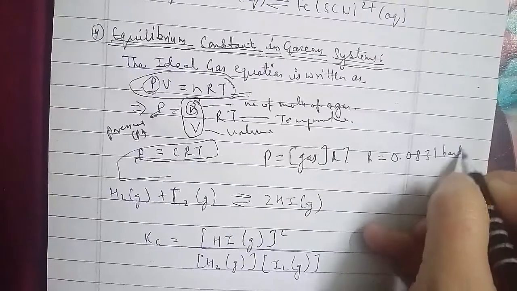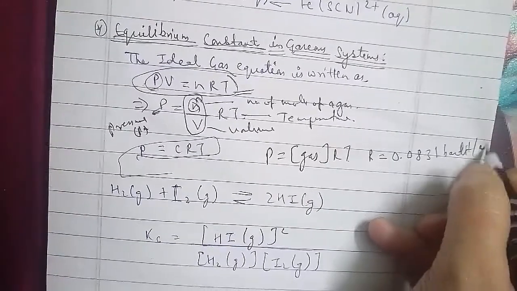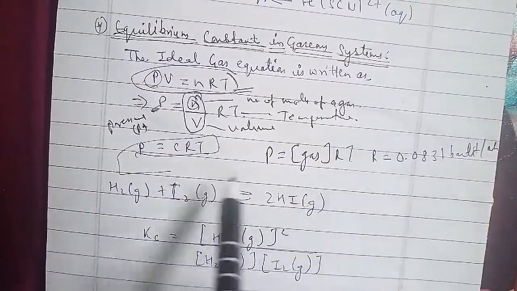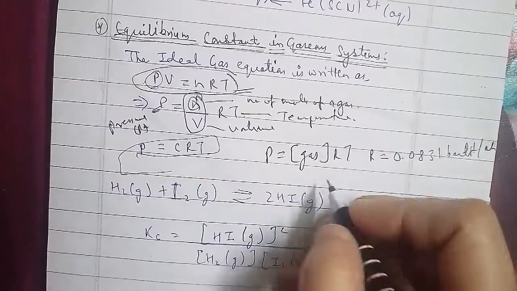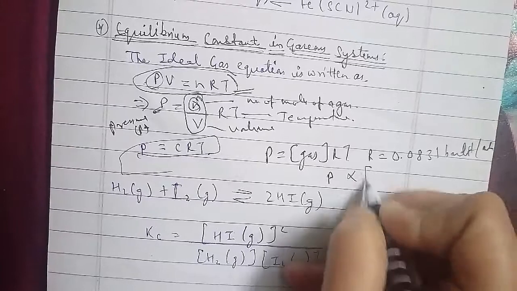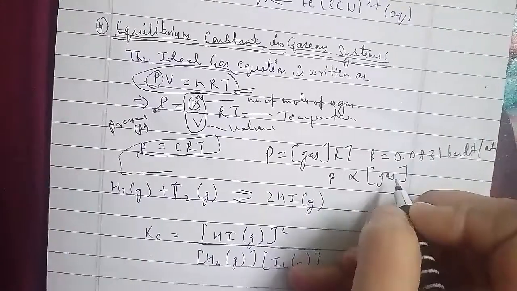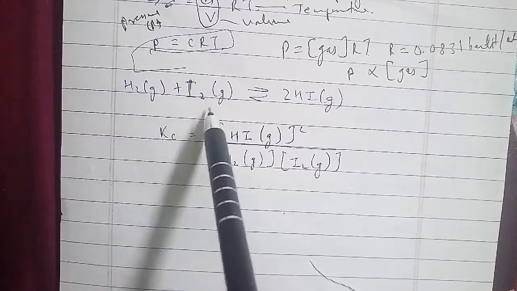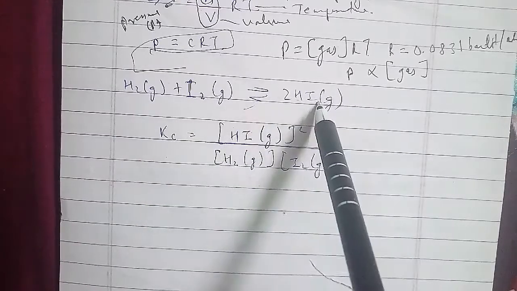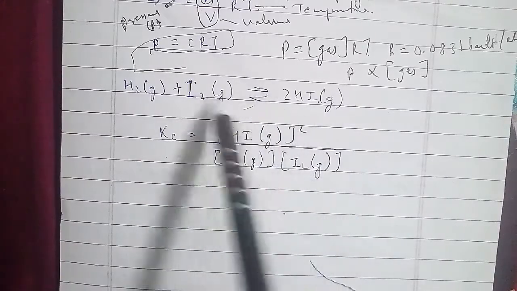And for that reaction in equilibrium, we have an equation. The reaction we have here is H2, in the form of gas, plus I2, and that gives 2HI, or vice versa, 2HI gives H2 plus I2. And we can write Kc equals [HI] of gas, squared, upon [H2] and then [I2] here,